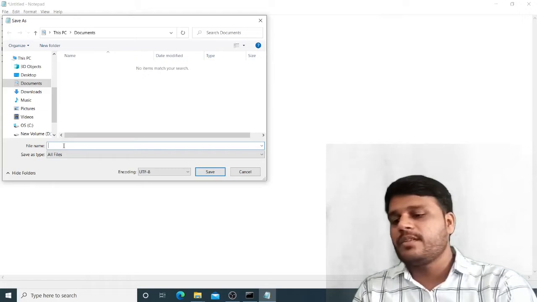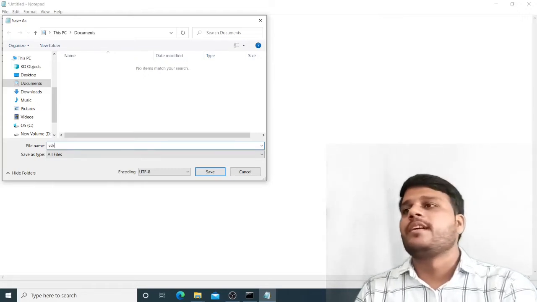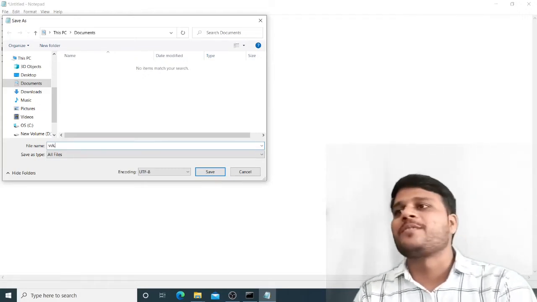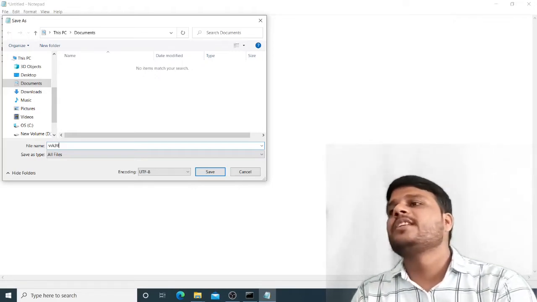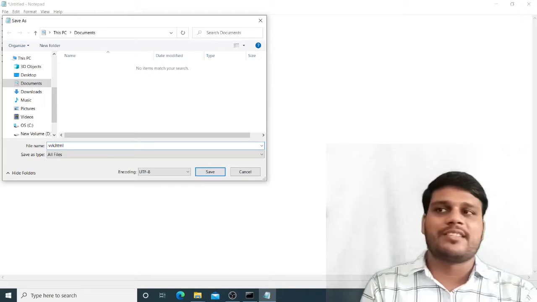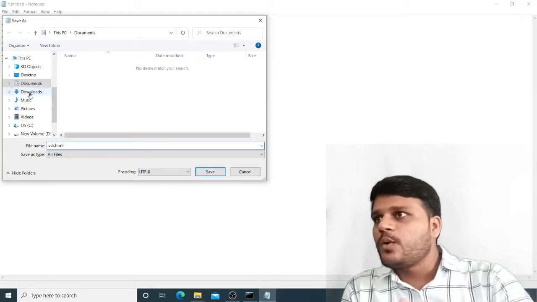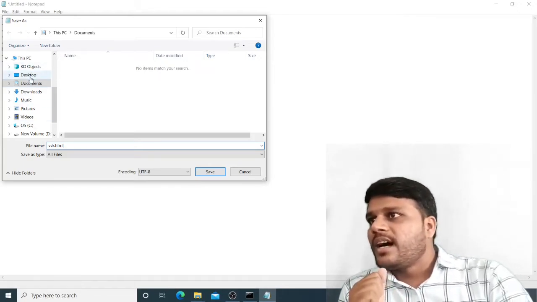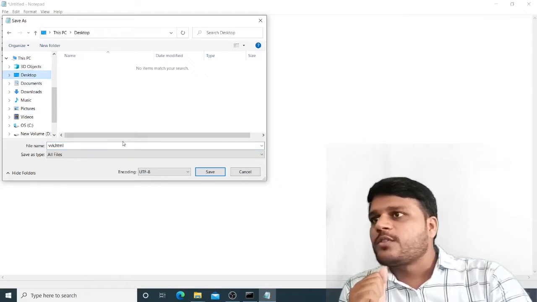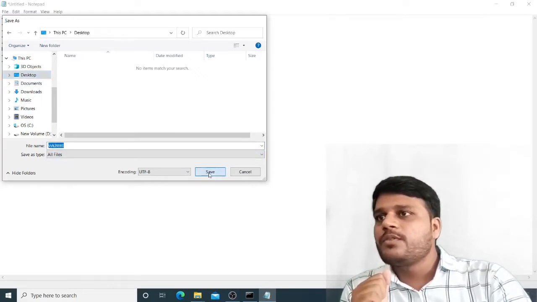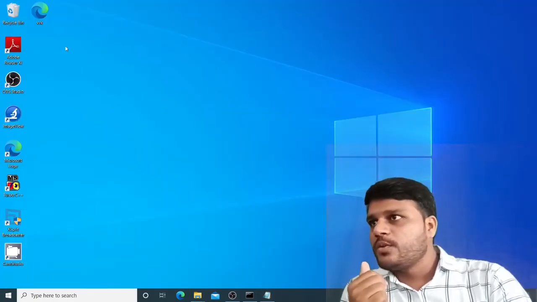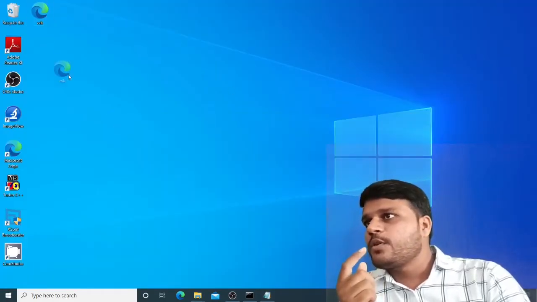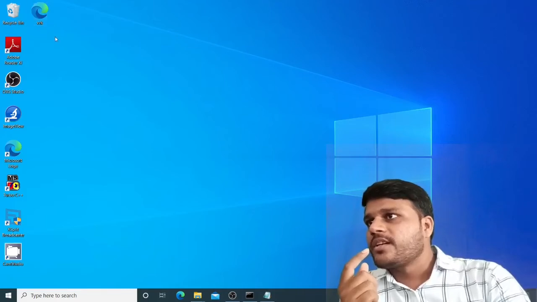After that you have to put any name, whatever you want to name your HTML file or HTML document. Suppose that I am naming it VVK. This is the short form of my name, Vivek. After that you have to put a dot, and after that you may use html or htm as an extension. After that choose a location. Suppose that in this case I am saving this document on my desktop, and tap on save. After clicking the save button, you see that your HTML document is here.